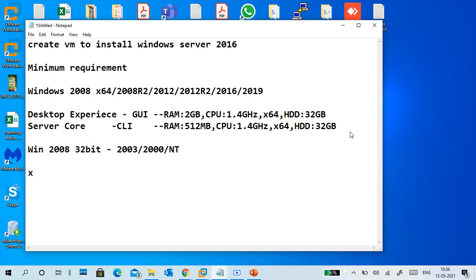Yes, may I get a question? Why is 32-bit called x86? When you say 32-bit, 32-bit represents x86. Why? Anyone knows?